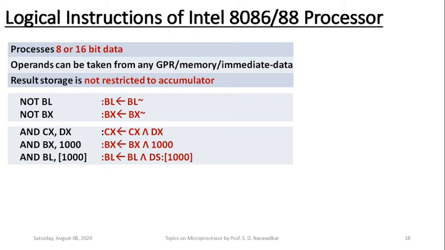It is not necessary that in the place of destination there should always be a register. There can be a memory location, either a direct memory location like that of this third instruction, or even an indirect memory address which can be specified either by a base register or an index register. Those examples are not taken here, but they are very simple to understand. Already we have seen some examples in other instruction groups earlier.